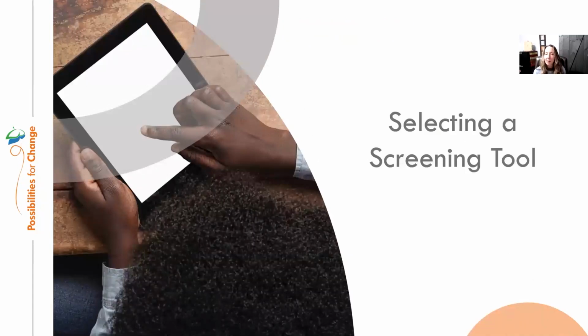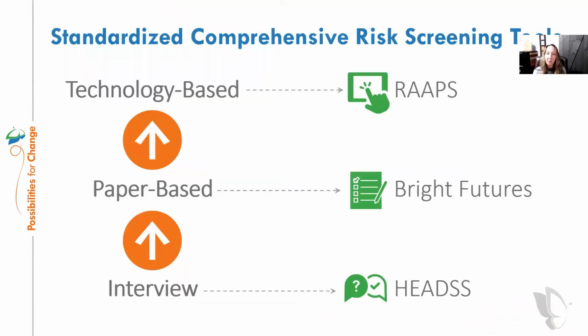And for a lot of organizations, the screening tool is the first step, or sometimes the only step that we think about. But with any good instrument, a youth-specific screening really should have a multitude of criteria or boxes that you're checking of whether this is the most effective tool. So I wanted to share some of those standardized comprehensive risk screening tools that are evidence-based and really the gold standards in their delivery methods.